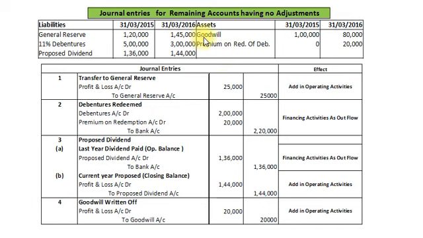Now on the asset side, goodwill opening balance is 1 lakh, closing balance rupees 80,000. It means it has decreased by rupees 20,000. So it is assumed as written off during the year, and our accounting entry will be: profit and loss account debit rupees 20,000 to goodwill account rupees 20,000. This particular transaction will be recorded in the cash flow statement by adding it back in profit in operating activities.